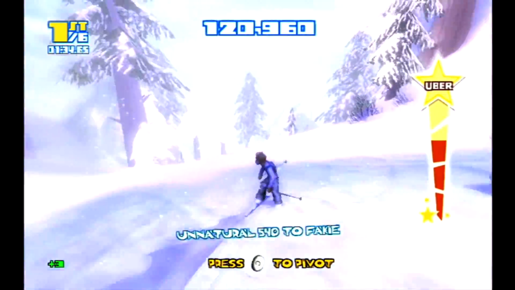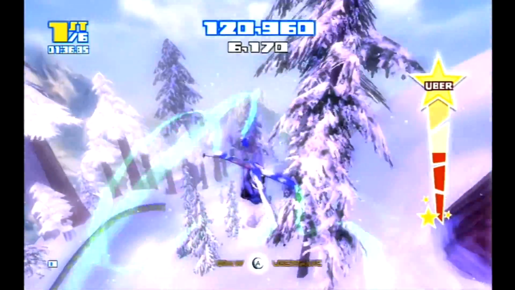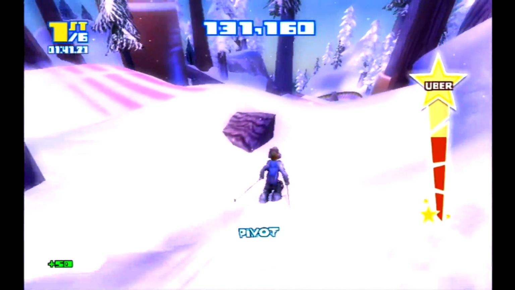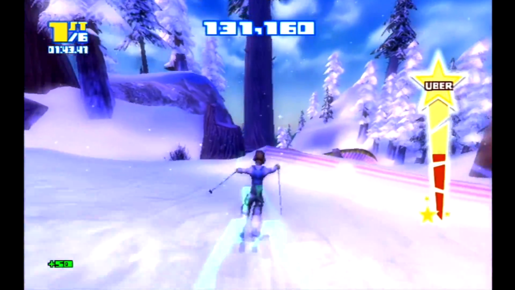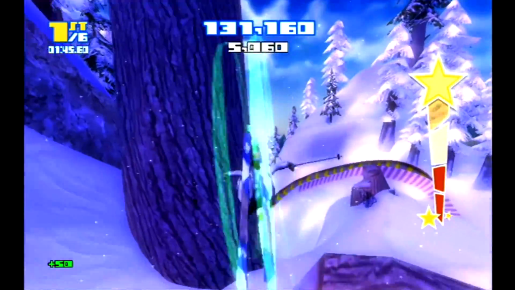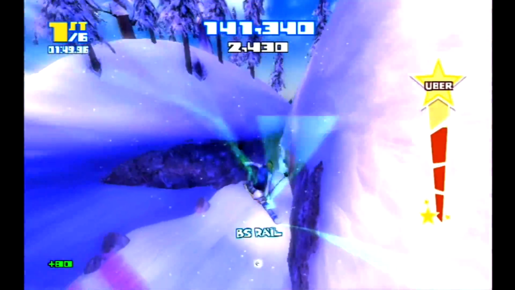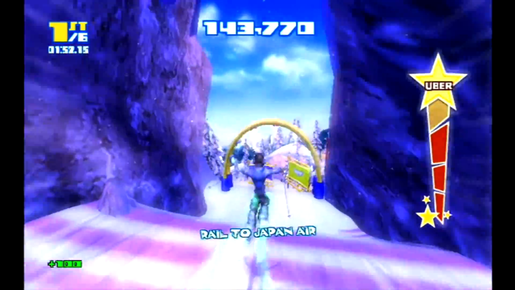Z is your boost button when you're on the ground. And then C is butter. But you'll notice that there's no combo system in this game. So it's like, why butter? I guess because it was there in the previous games, and again, they pretty much just took those and...